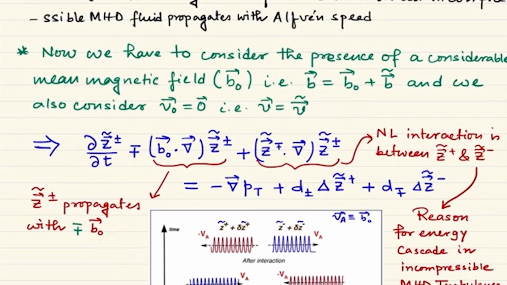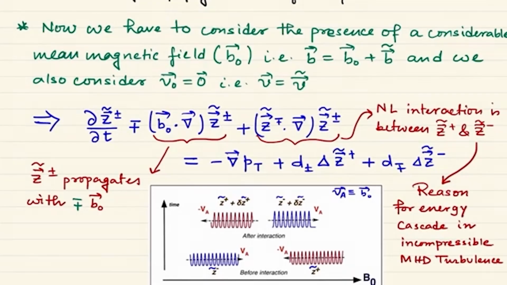Okay, and this one simply says that this is not a non-linear thing because b0 is a uniform background magnetic field, and this one gives us an account of the non-linear interaction of the perturbations. So the perturbation in z plus is advected non-linearly by the perturbation of z minus and vice versa. So this non-linear interaction between z plus and z minus is basically the reason for energy cascade in incompressible MHD turbulence, and that is the essence of